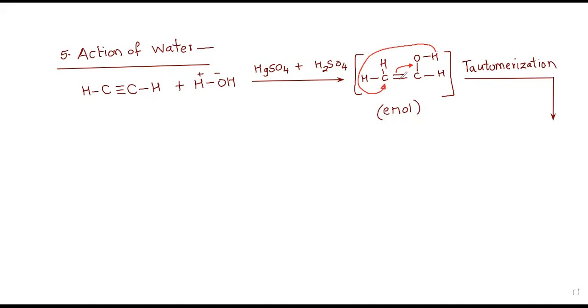So think on your own and see what happens. Hydrogen comes over here. So this will become CH3. Double bond has transferred. So it has remained single bond. And this double bond has gone here. It has become double bond O. This is an aldehyde known as ethanal, also known by name acetaldehyde. As I said, this reaction is important for exams, not only 11th, but also 12th. Tell me if you have any doubt in this much part.